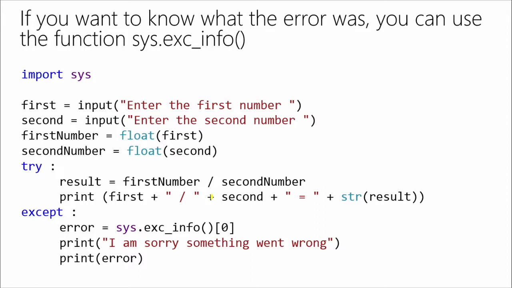One of the neat things you can do is there is a variable, actually part of a module called sys, and it has a function called exc_info. Not very intuitive, but really useful. This will contain the complete error message, which is actually a massive list with all kinds of details about where the error occurred. In a big program you might take that information and write it to a file, so the support team could look at it later to get the full information. But you wouldn't want to show all of that to a user, or they would be overwhelmed by it.